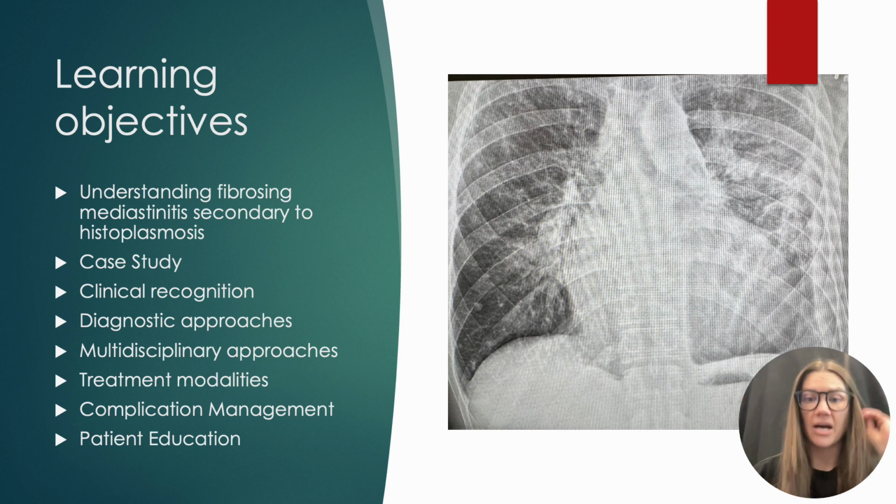So what you'll see on a good amount of the slides are x-rays, and these are all x-rays from our case study. As you can see, the heart is very enlarged, that's the mediastinum, and it's reaching out to the left side of the chest wall. And then you can see up in the top left is a little bit of pulmonary congestion, and bottom right you can see tiny little fibroses, which I will discuss in the slides to come.